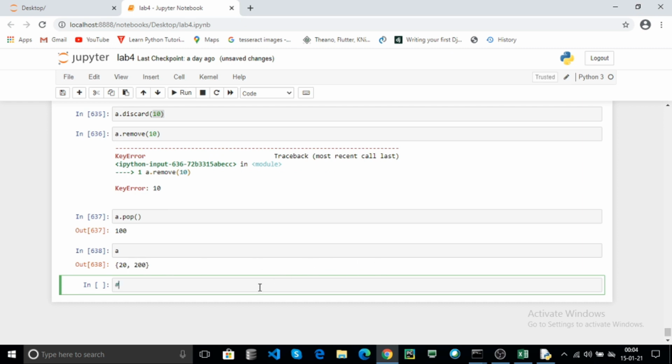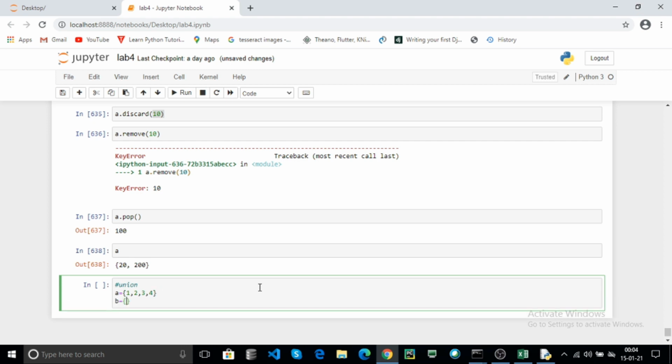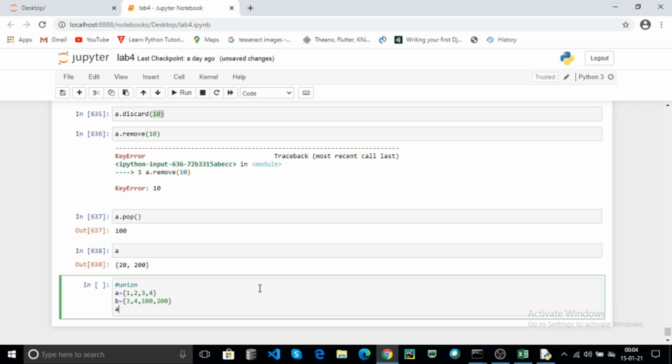Now use the union. I create 2 sets again. Use the union, A dot union of B, and click on the run.